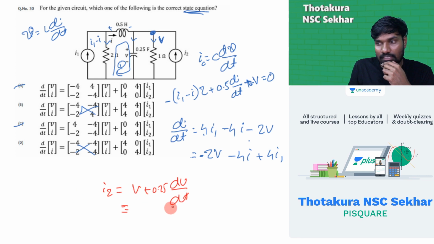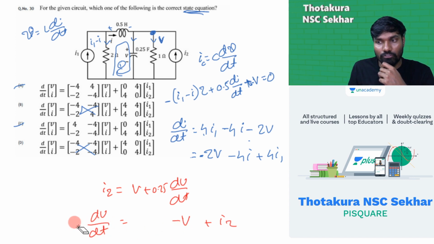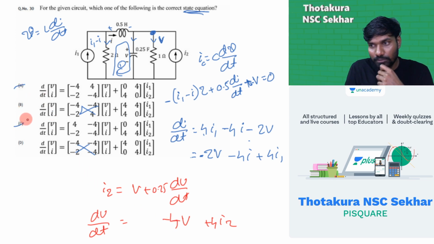Now take it to the other side. If you just rewrite this equation, you will get dV by dt is equal to minus V plus I2. 0.25 dV by dt is equal to this. If I take 0.25 to the other side, minus 4V plus 4I2. So out of these two options,